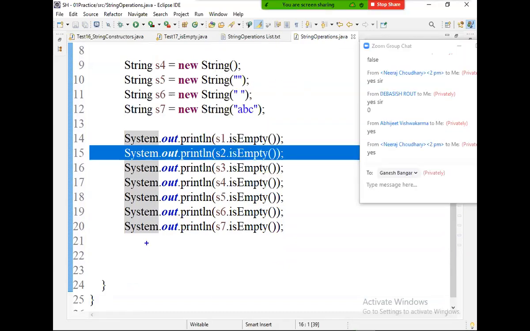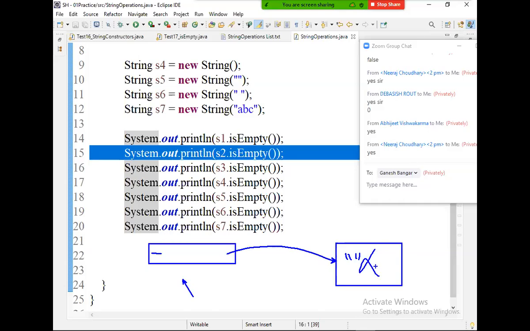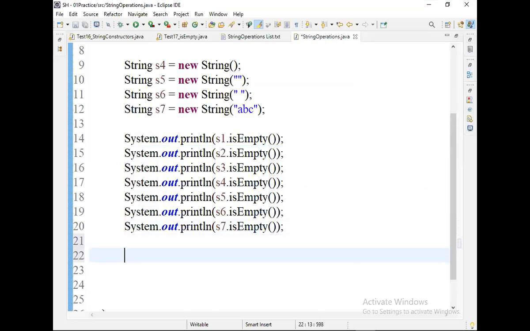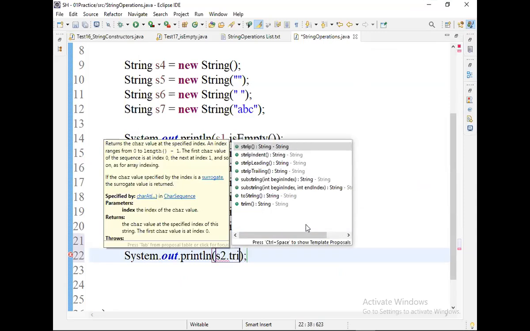For example, take a login form. In the login form, I give just one space and click on the button. What is coming into the program? A space string. A space is not a username. So whether it is empty or a space, anything you pass, you should consider as empty and throw an error. Up to version 11, there is no option for us, so you have to write the code your own way. You have to write a statement like this: s2 dot, first you have to call a method called trim.